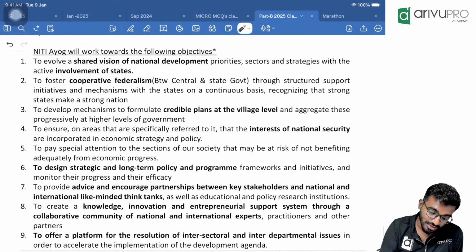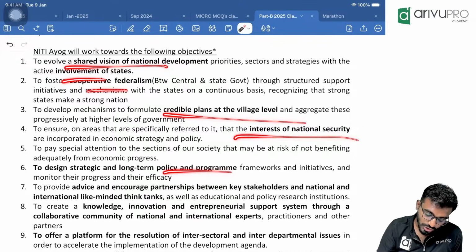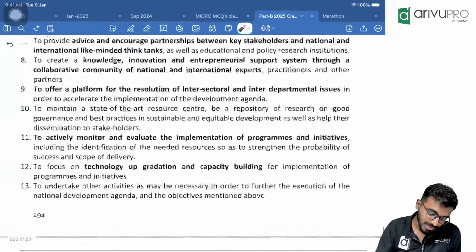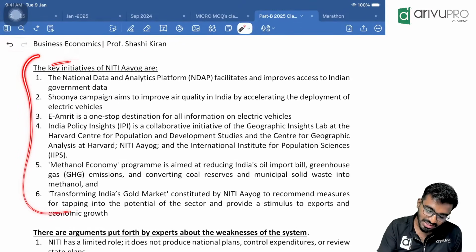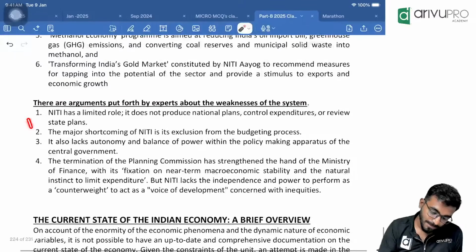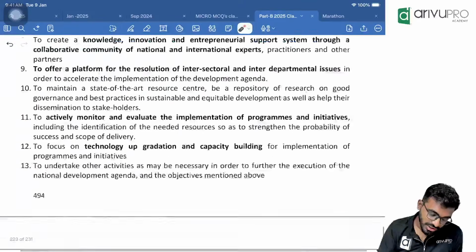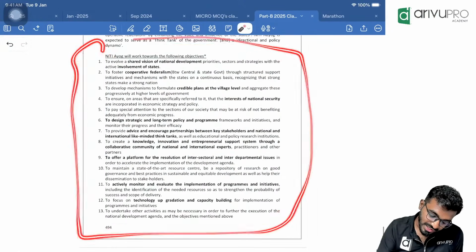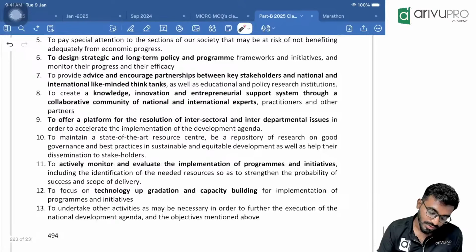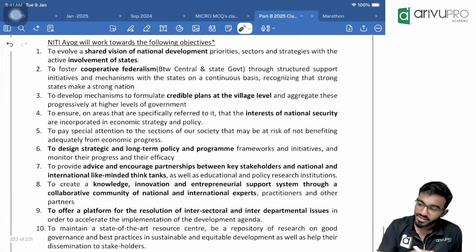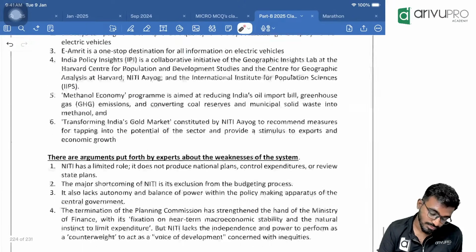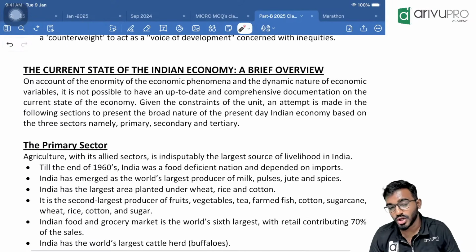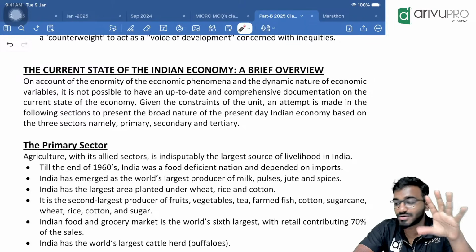See all those highlighted words here. These highlighted words, go through them like a newspaper. From this area, from this topic only, questions will come in the exam. And these are the problems and counterparts of Niti Aayog. Especially these 13 points given here, this is where exam questions are going to come. Clear? So this is related to Niti Aayog. These topics are entirely read-only concepts. Nook and corner, anywhere they will touch the questions.